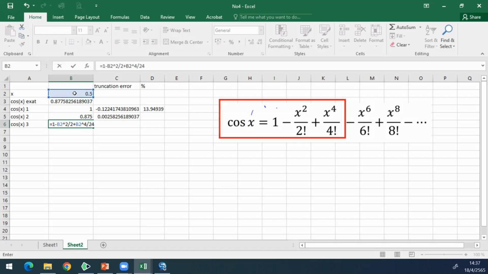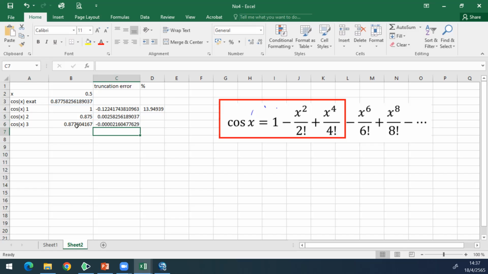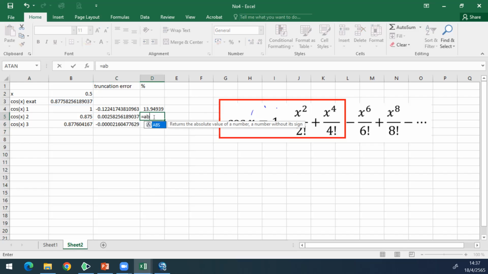It becomes like this. So what is that? The truncation error becomes this. If we take the absolute value, the percent error,